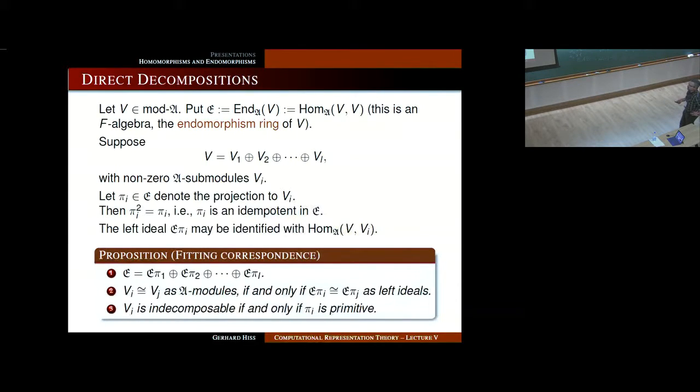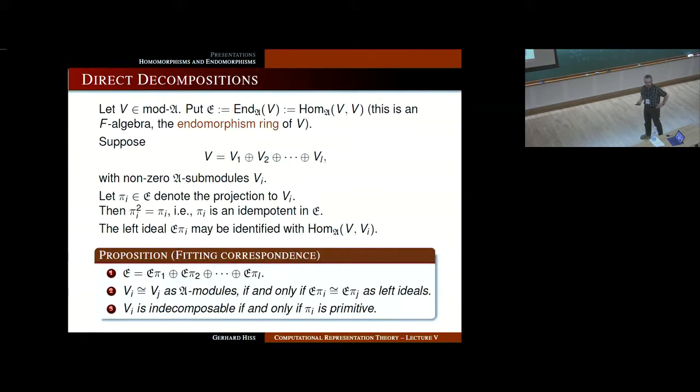You have a direct decomposition into left ideals of the endomorphism algebra. And this direct decomposition preserves isomorphism. So two such modules are isomorphic as A-modules if and only if the corresponding left ideals are isomorphic